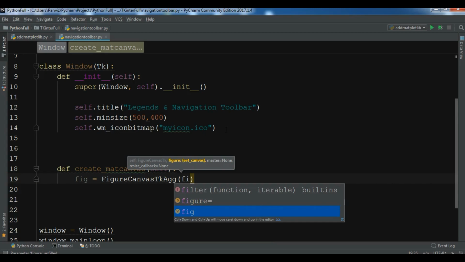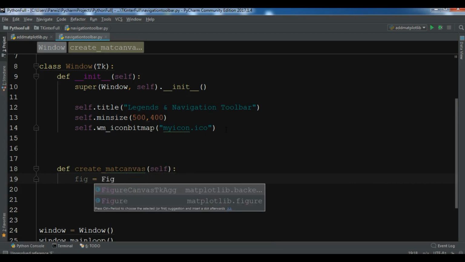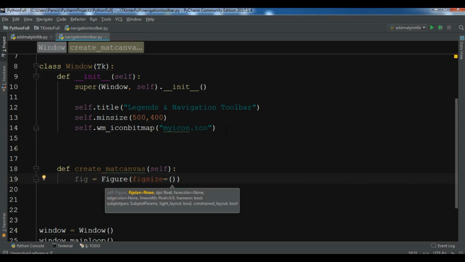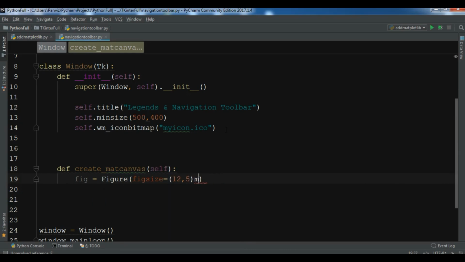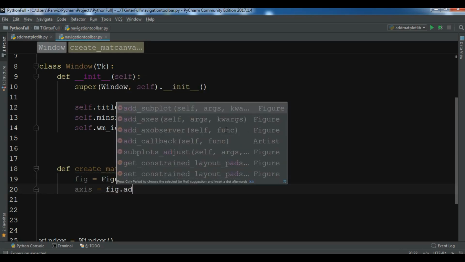It is just a figure, not figure canvas. So figure, and I want to give a fixed size. It's a tuple of 12, 5, and I want to give a face color. So face color to white. Okay. After this we need to create axis. So axis, fig dot add subplot,